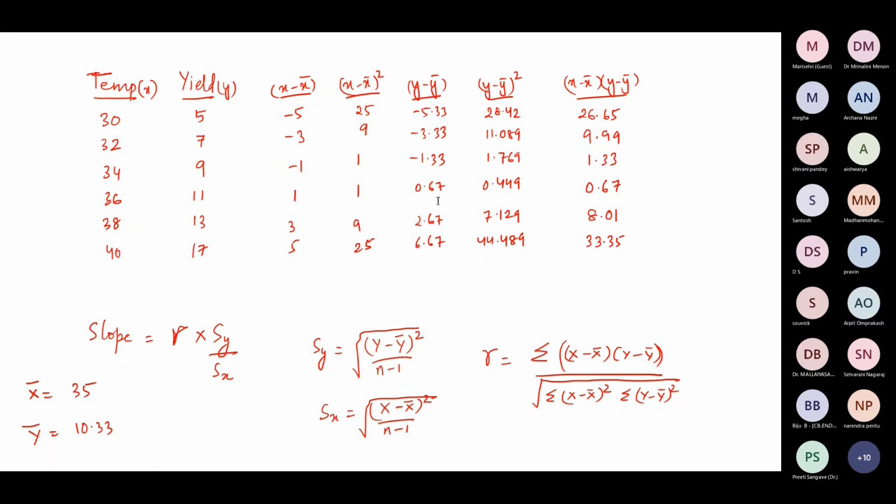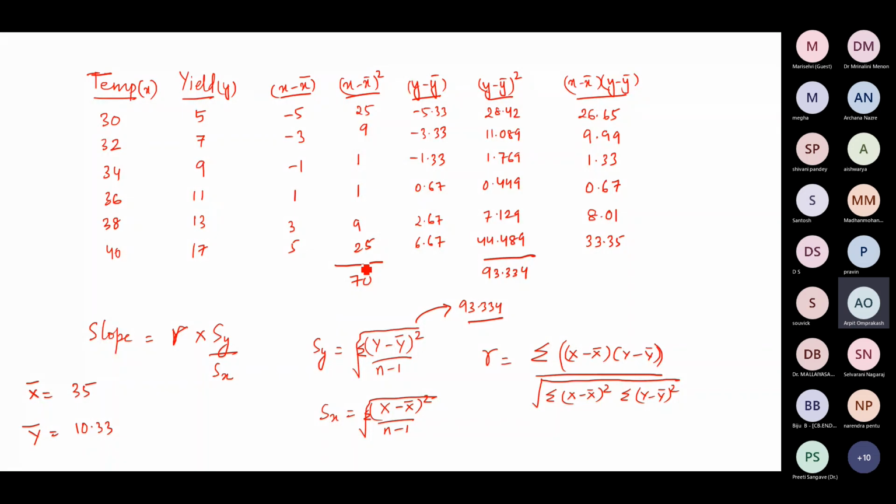Yes, sir. Then we need to sum these two columns, X minus X bar whole square and Y minus Y bar whole square. We'll just add all these values. So this will turn out to be 70 and this value will turn out to be 93.334. Okay. First we'll calculate this. This is the summation of Y minus Y bar whole square, and we have summed all of it. So this is 93.334